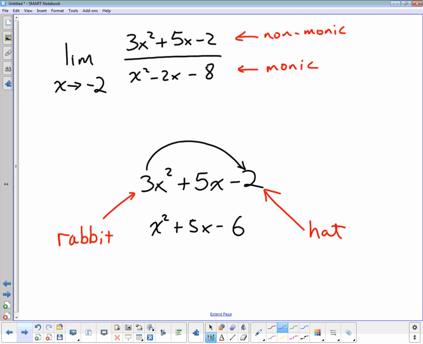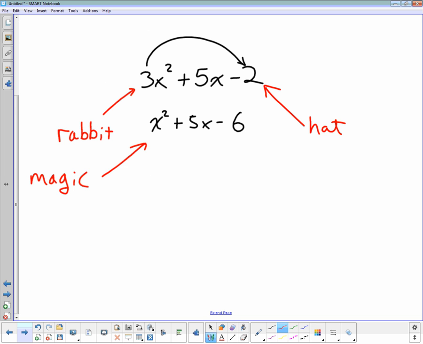And now we have the magic polynomial. It's the magic polynomial because, in fact, it does not